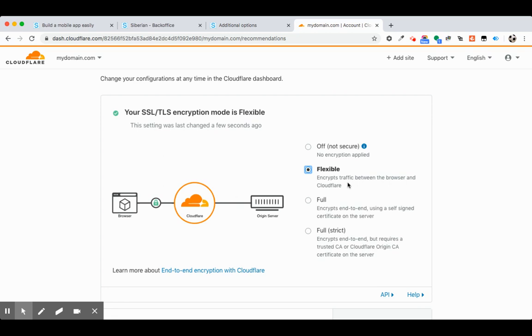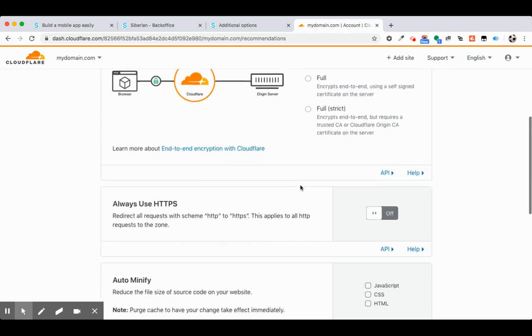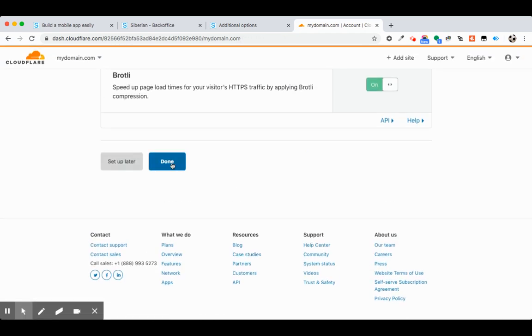But suppose you don't have SSL for this domain on your server, so you don't need to do anything, just click on this flexible setting and you don't have to worry about any SSL thing. So SSL will be taken care of by Cloudflare. So in this scenario of mapping domain to apps, for this scenario you generally need to select this option so that you don't have to worry about the SSL certificates and all those keys and all. And then you have to just select this and then select done.